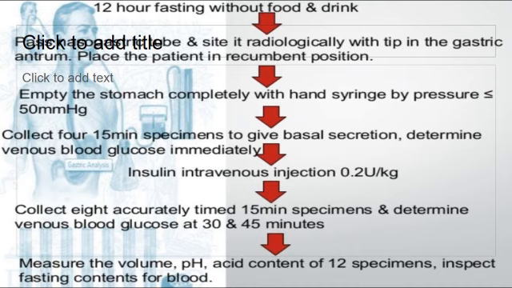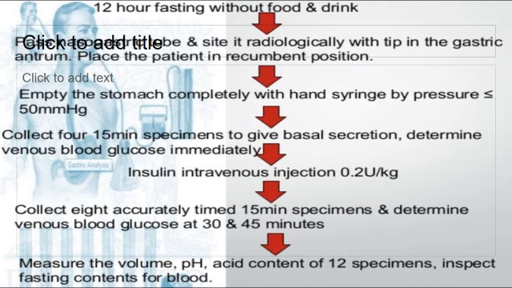The next gastric function test is the insulin stimulation test. It is also called Hollander's test. It is mainly done to assess the completeness of vagotomy. The steps to be followed in this method include: the Ryle's tube is passed into the stomach after an overnight fast and the stomach is made empty.